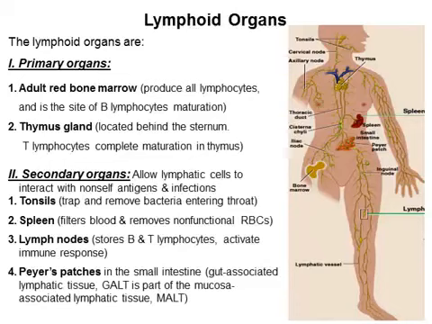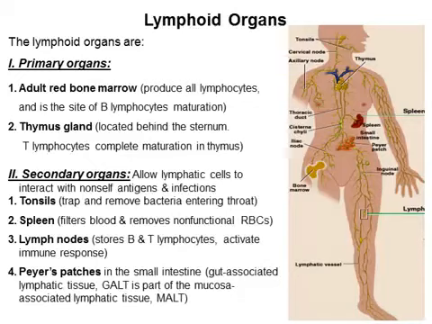And these organs include the tonsils, which are located around the oral cavity and nasal cavity. The tonsils trap and remove the bacteria entering the throat. The spleen filters the blood and removes the non-functional red blood cells. And the lymph nodes that are scattered all over the body, they store the B and T lymphocytes and activate